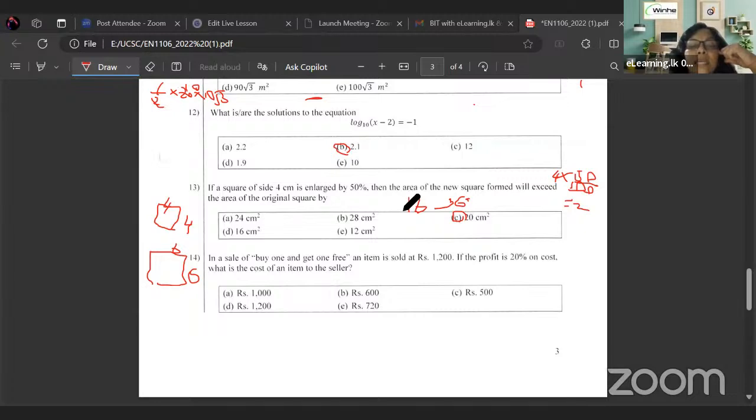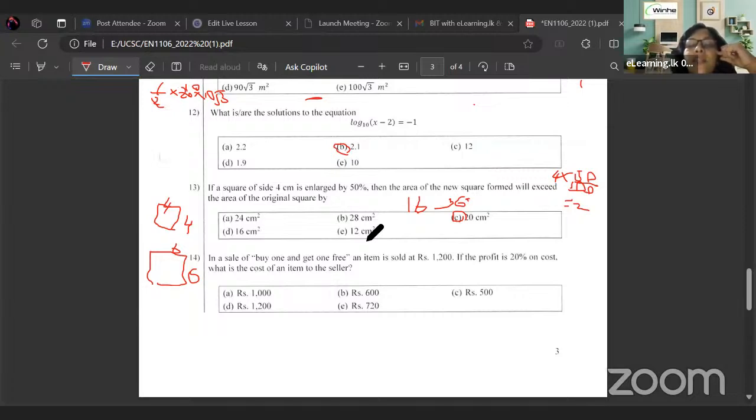Then 36 minus 16 is 20 square centimeter, right? So read the questions carefully and find what you have to do. Then question number 14. In a sale of buy one and get one free, an item is sold